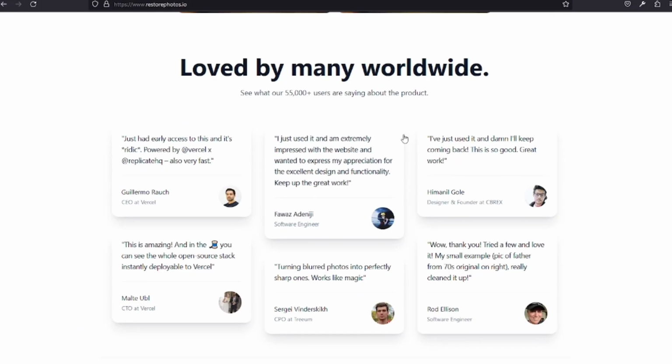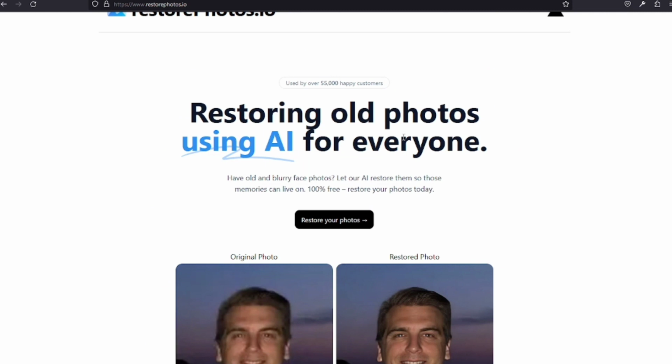Today I'm going to be giving out one website and two apps you should be using in your daily life. So the first website is called restorephotos.io. This is an AI tool that helps you restore old photos. Like maybe you have an old photo and you want it to look sharper in terms of the face, you can use